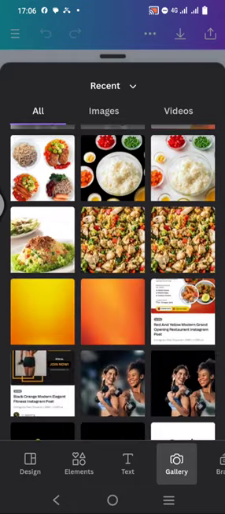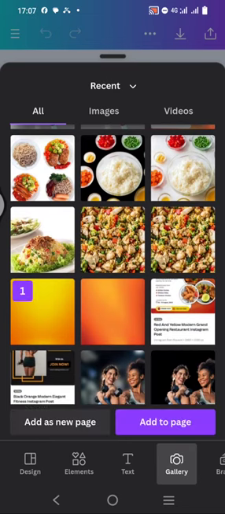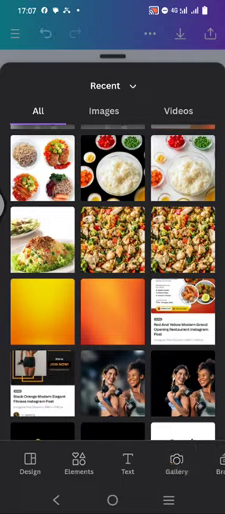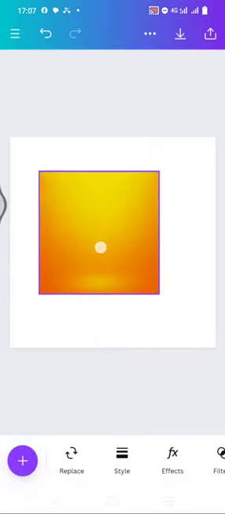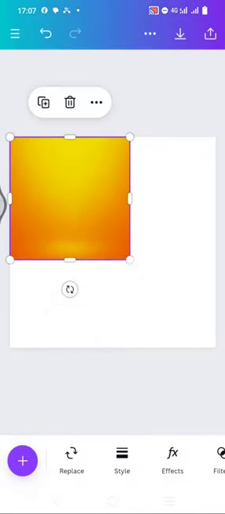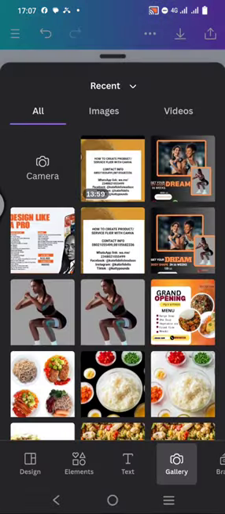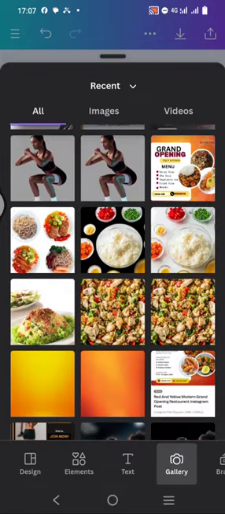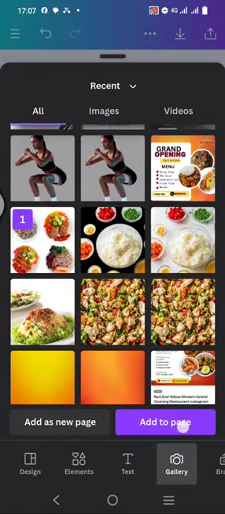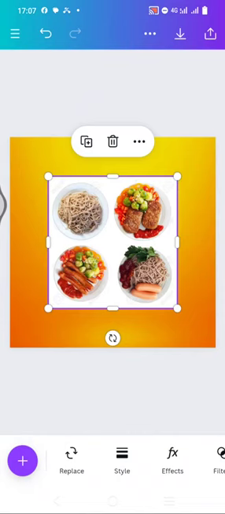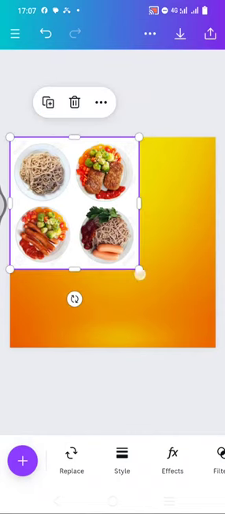Okay, I'm going to be using this particular flyer design for it, this one, so I'll just add it to the page. So here we go. So I'll make sure I drag it down to cover the whole page. But I'm not going to leave it like this. I want to make my flyer look as natural as possible, so I will add the plus. I'll come back here and pick this particular food image, so I will drag it over